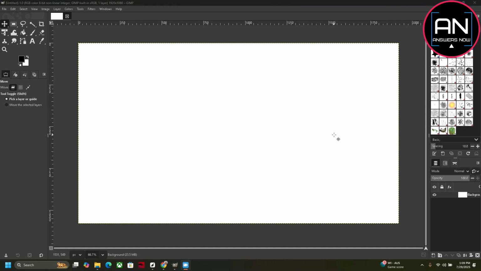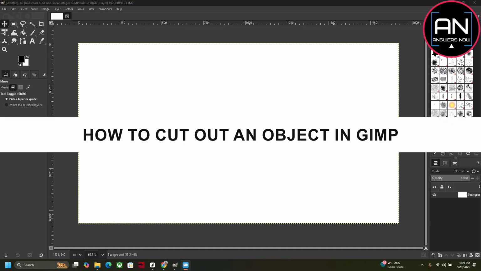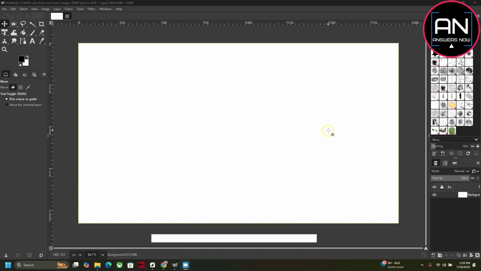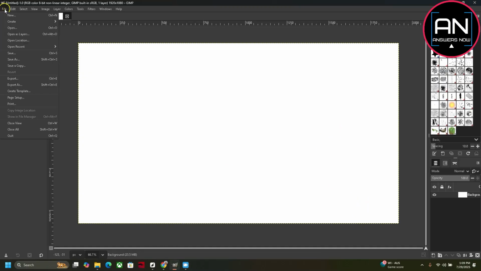In today's video, I'm going to show you how to cut out an object in GIMP. It's really simple and easy. So first of all, just open the GIMP, and once you open it, simply select the image you want to